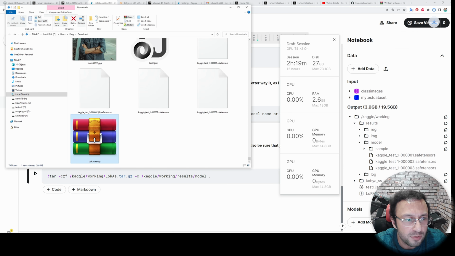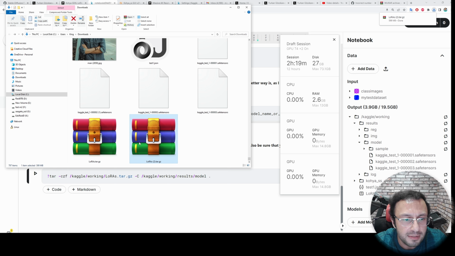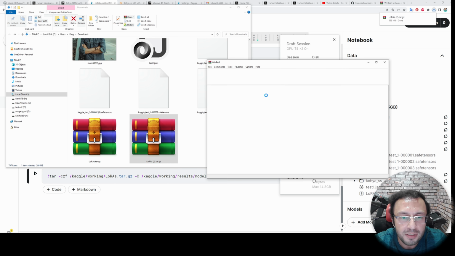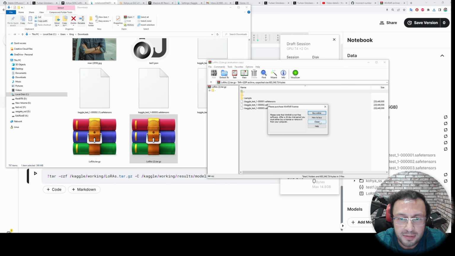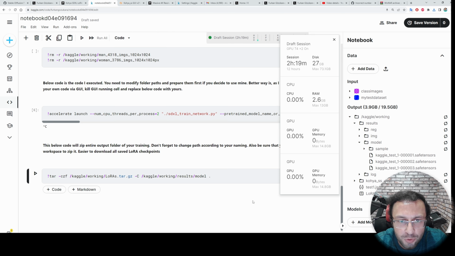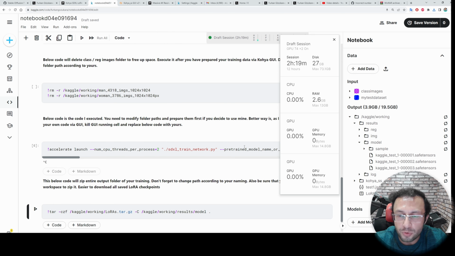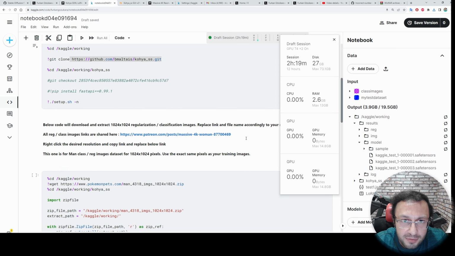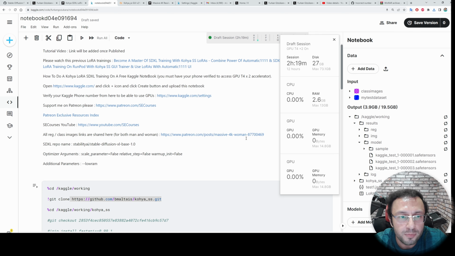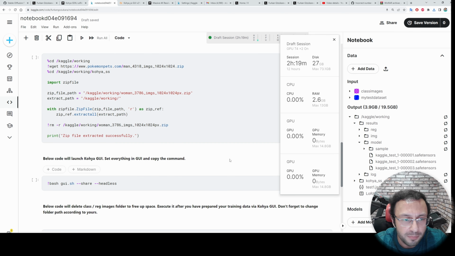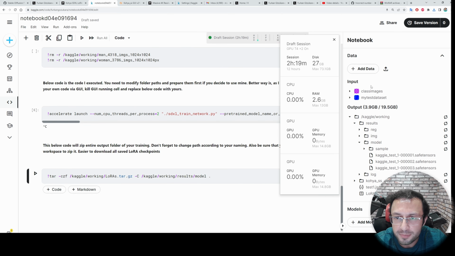When I open this download, I can see inside of it by double clicking, and I can extract them and start using them. So I will show you how you can use them on your computer with Automatic 1111 Web UI. Hopefully I will make another tutorial for how to use Automatic 1111 Web UI on a free Kaggle notebook. It will be perhaps the next tutorial, so stay subscribed.